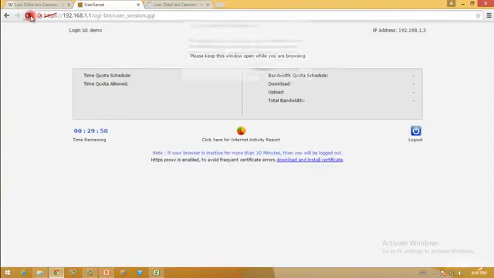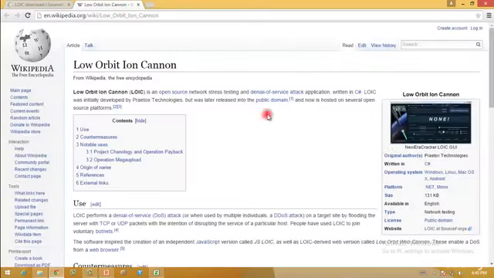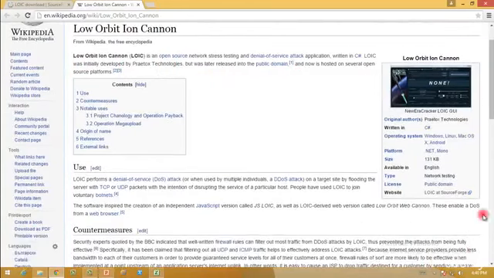So as you can see, LOIC is known as Low Orbit Ion Cannon. It is an open source network stress testing application for DOS attacks. It's written in C#, and it was initially developed by these people. It was mostly used by Anonymous for doing multiple attacks on people.